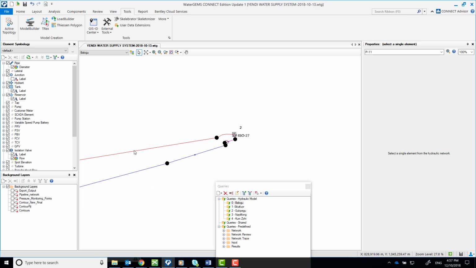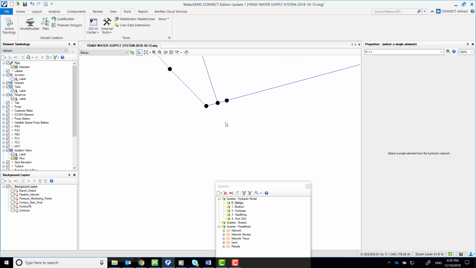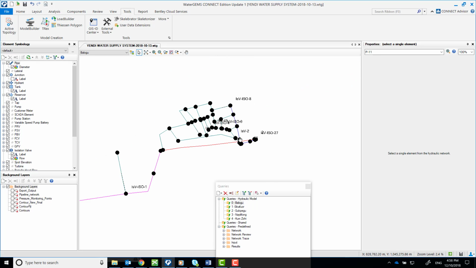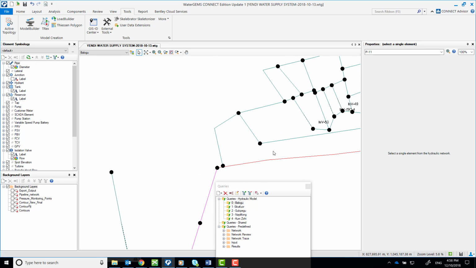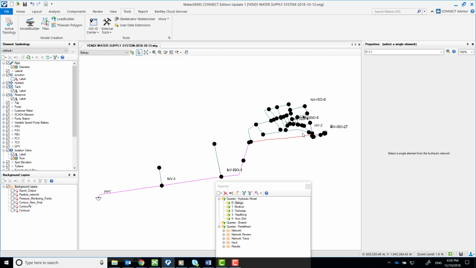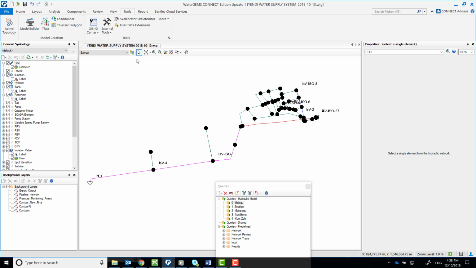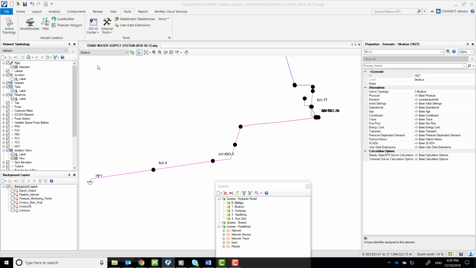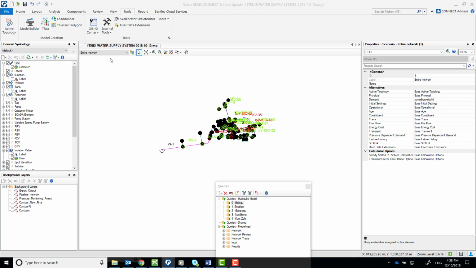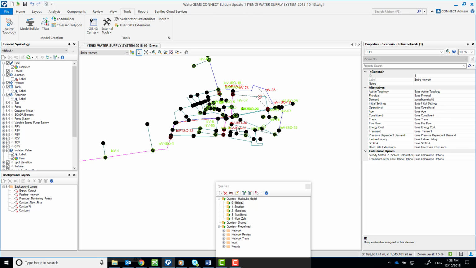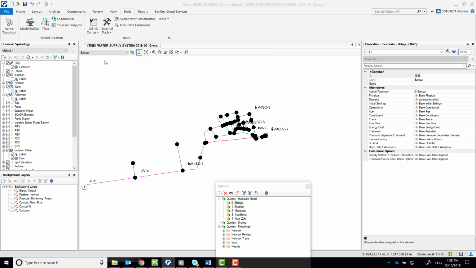Okay, so we know that the water goes to the tank and then goes up through these two pipes and meets the demands there, up to that entire area. And there you have it. So now we have Balogu, we have Sikafor, we have the entire network. And basically what you're going to want to do is treat each of these zones as their own unique